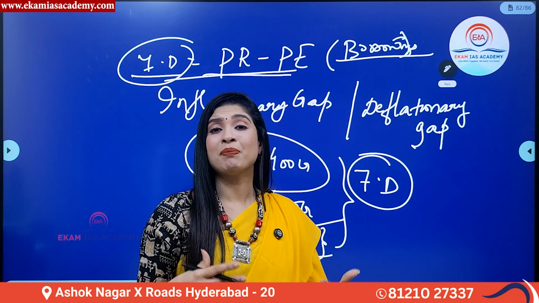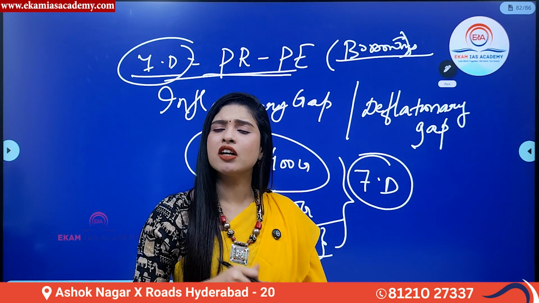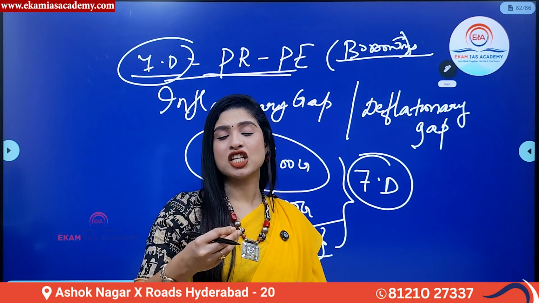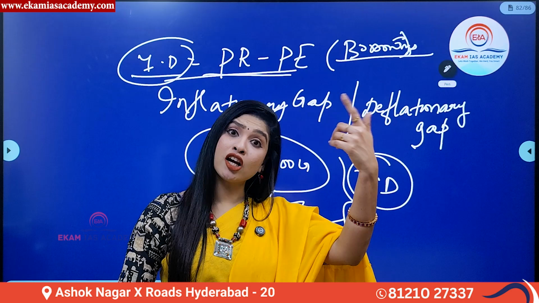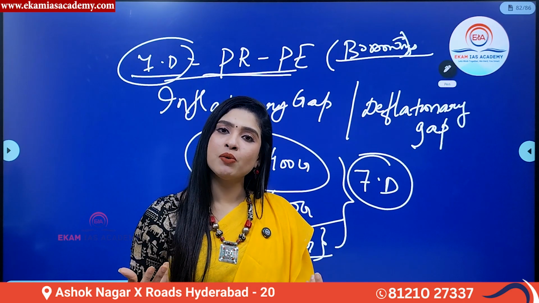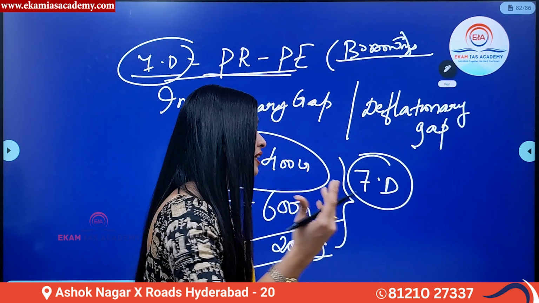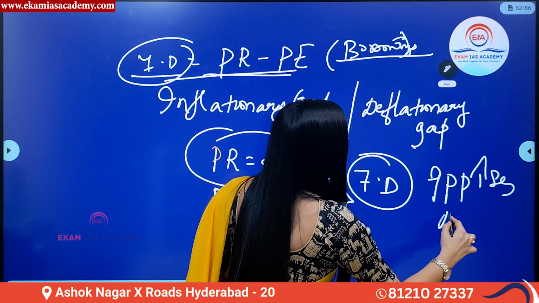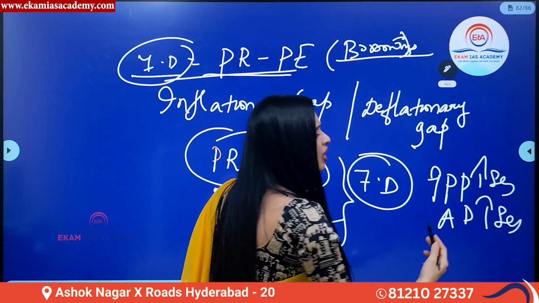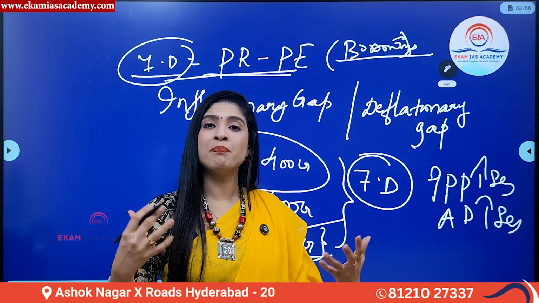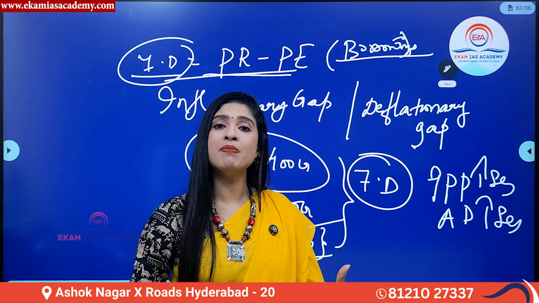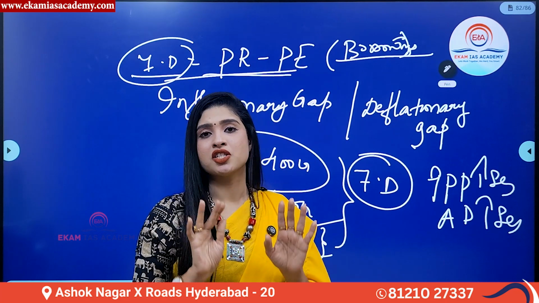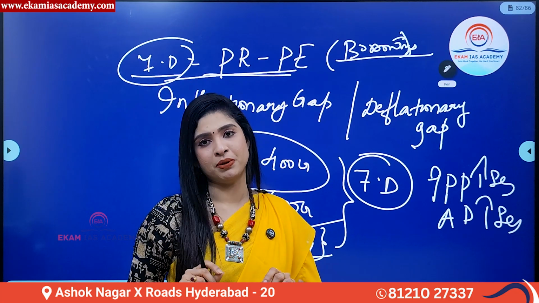So the money supply increases in the economy. How will the government inject? Through various schemes, programs, etc. So slowly and gradually, when the money supply increases because of these borrowings by the government, automatically the PPP, that is purchasing power parity or capacity of the people, increases. Aggregate demand also increases. Slowly and gradually, price rise or inflation, called demand pull inflation or cost push inflation, also increases. So this situation is called inflationary gap in simple terms.